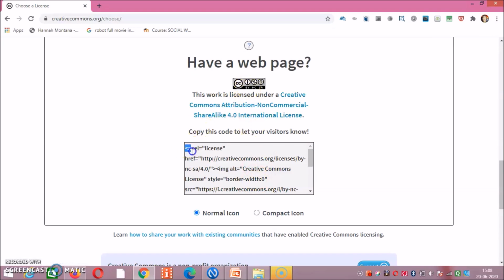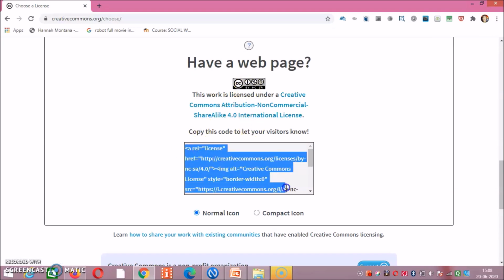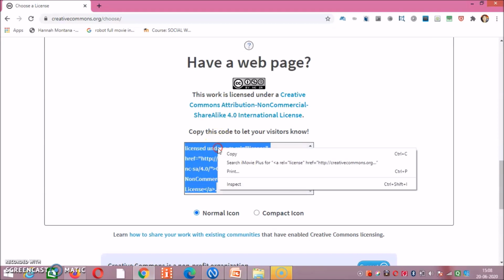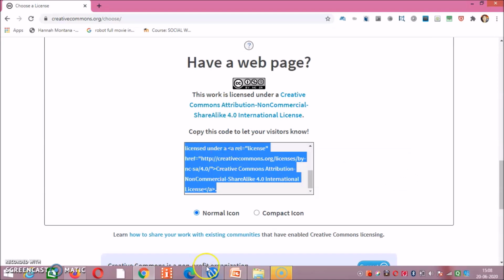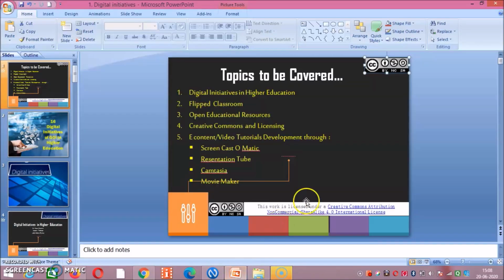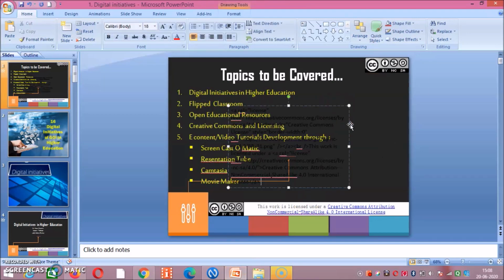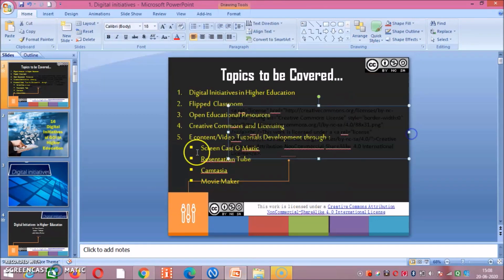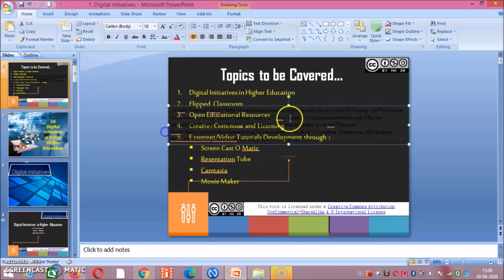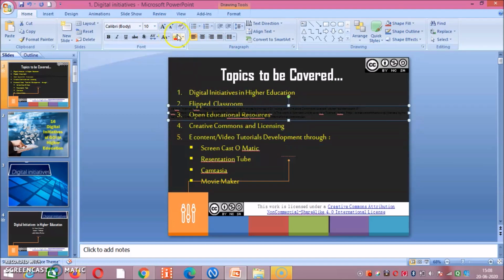So just select it with the left mouse click, copy, go to your presentation and paste that description here. Now resize it so that it will not disturb the actual text of the presentation. I am making it color white.